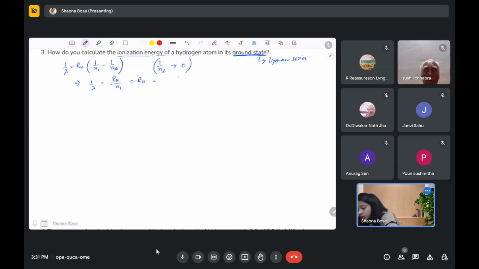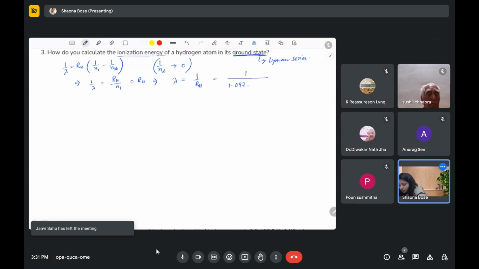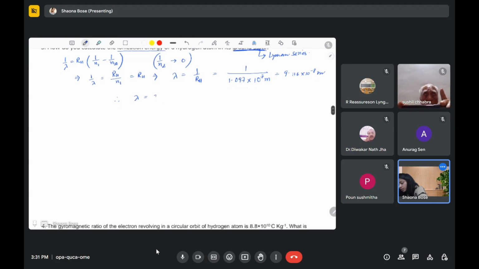Sorry, here I'll just write the value for RH. That was the 9.116 into 10 raised to the power 7. Right? You divide it and you get 116 into 10 raised to the power minus 8 meters. So the wavelength